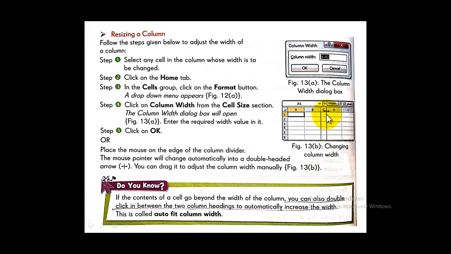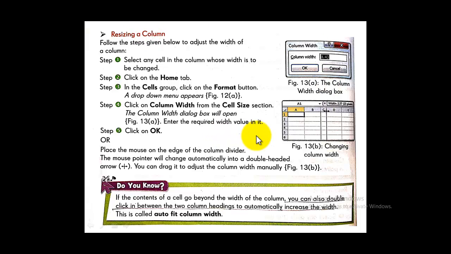So you have to click on the mouse button, hold it and drag, and after that you can release the left mouse button. Okay, like this you can adjust the column